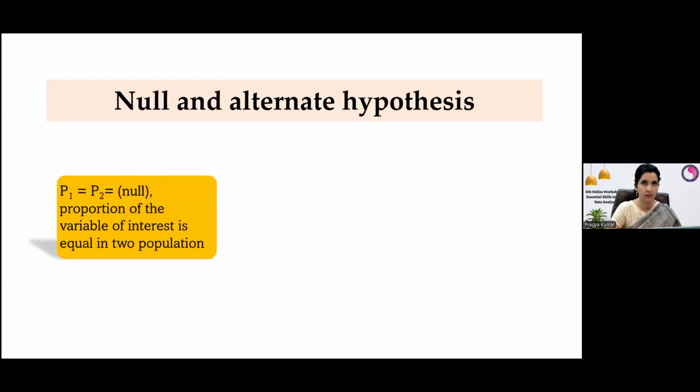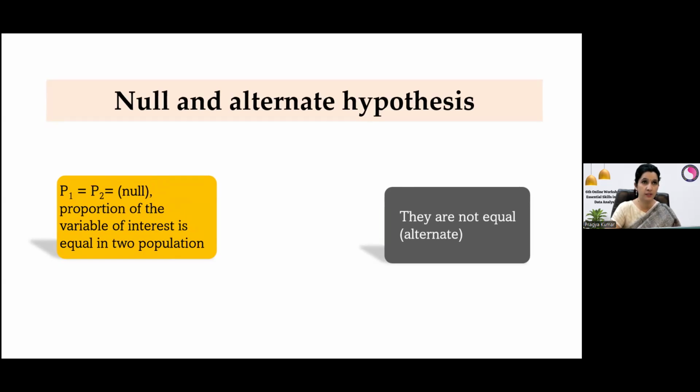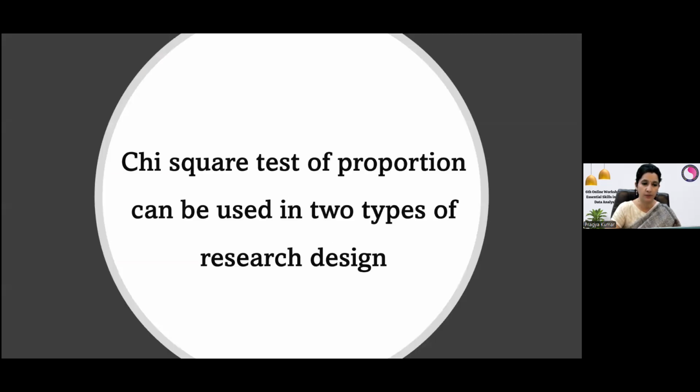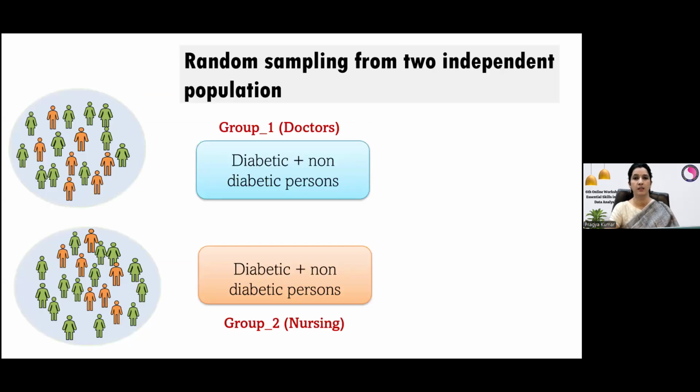So for the null and alternate hypothesis, you say that the binomial proportion, which is the presence of something and absence of something, of the variable of interest in the two populations is equal. And the alternate hypothesis says that this is not equal. So it can be used in certain types of research design. The first type of research